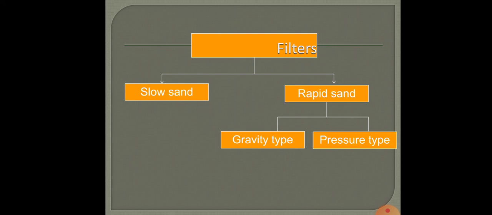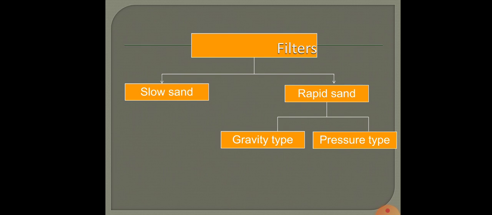Like I said, there will be a filter media through which the water is being passed. In the case of a slow sand filter, the filtration process takes place at the surface, that is at the top layer of the sand bed, and it is continued for some distance below, but throughout the depth of the bed it does not occur. Already I told you there is a formation of a layer on the top surface of the sand bed, which we call the dirty skin or the schmutzdecke.